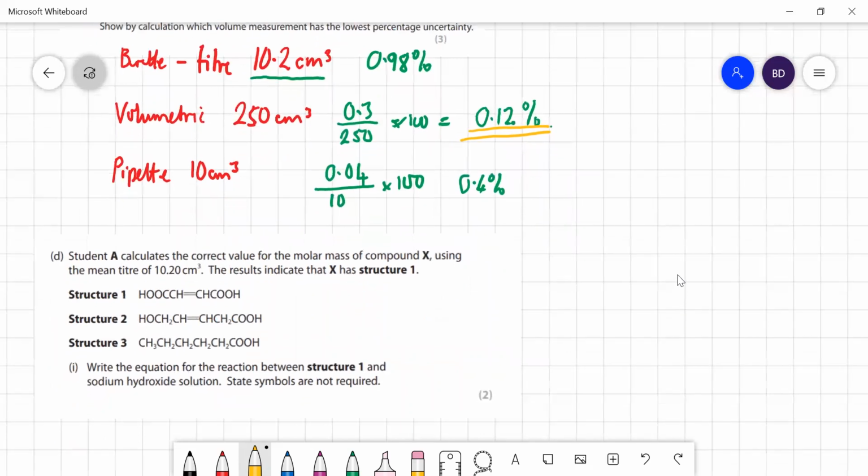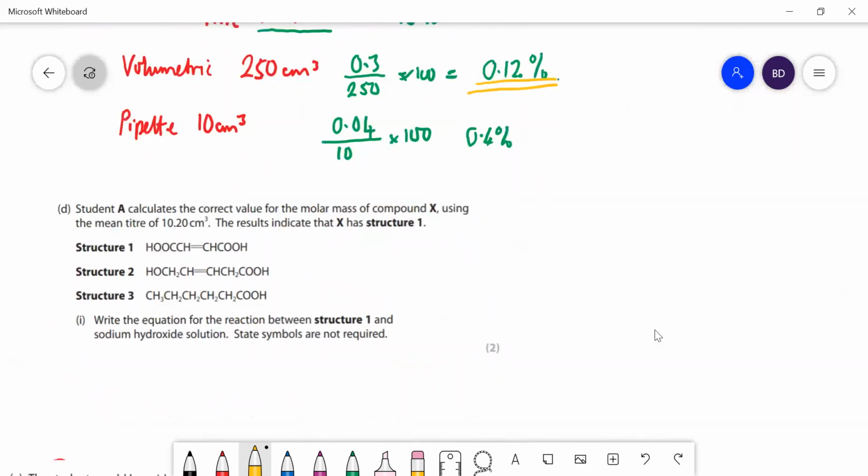Okay, student A calculates the correct value for the molar mass of X using the titration results, and the results indicate X has structure 1. Okay, so it's a dicarboxylic acid. Write an equation for the reaction between structure 1 and the sodium hydroxide solution. Okay, so let's write it the way that they have written it in the question. And we're going to react that with sodium hydroxide. Now, you're going to need 2 moles of sodium hydroxide because you've got 2 protons. Diprotic acid is going to take that proton and that one. Okay, so we are going to end up with